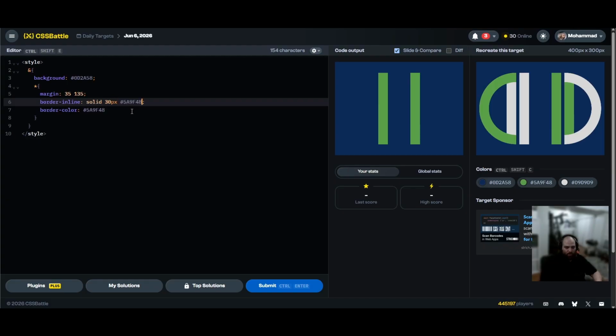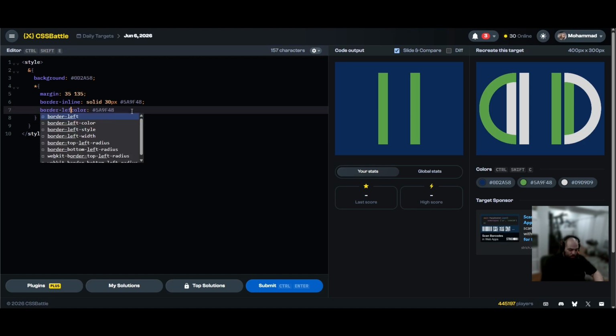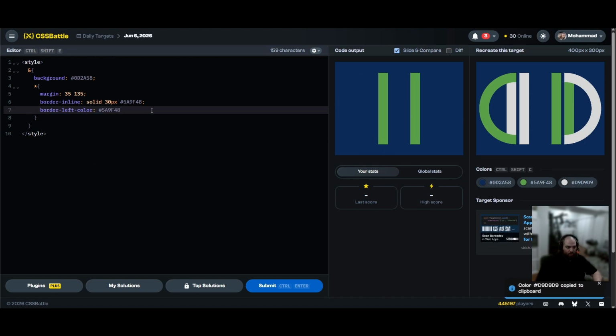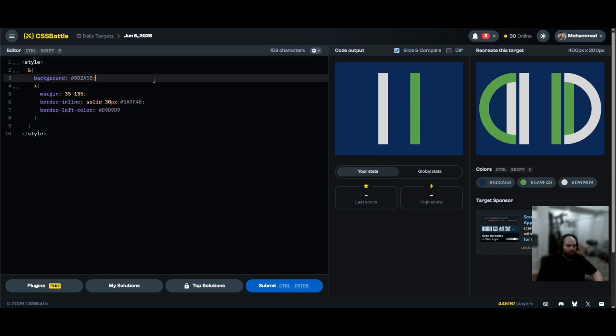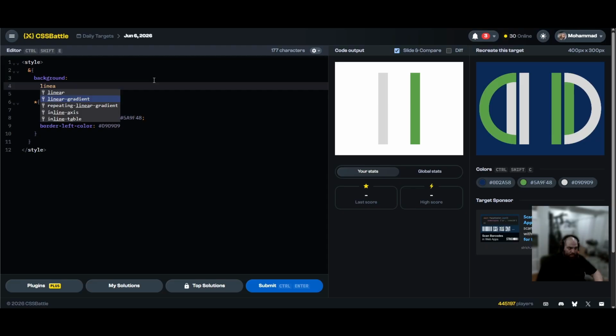So if I just make this the green, right? And then border color, border left. Just do that. Okay. So we're a little bit through. And now here, this is where we do the linear gradient, right? So linear gradient, we will do, no, we don't need this. Same story. We're going to have actually this one,